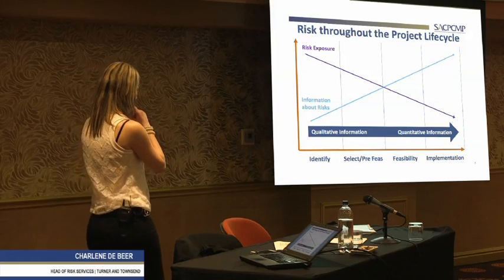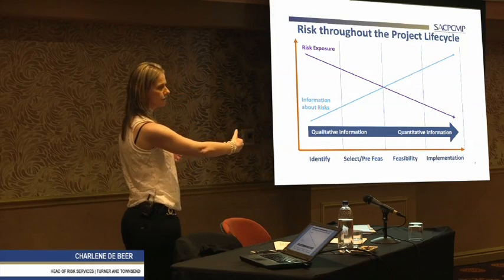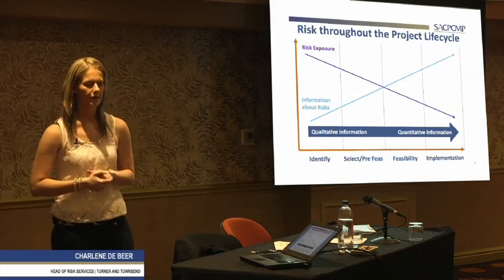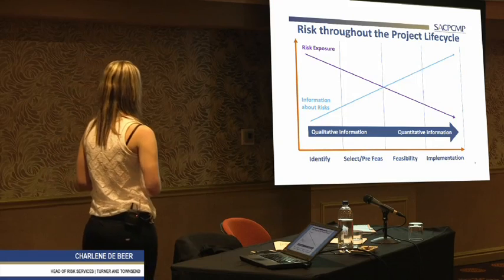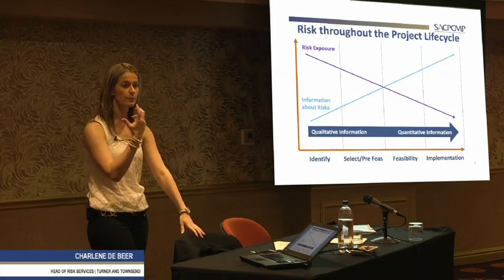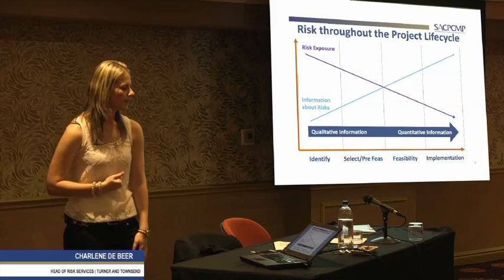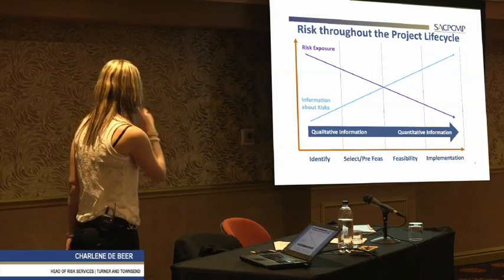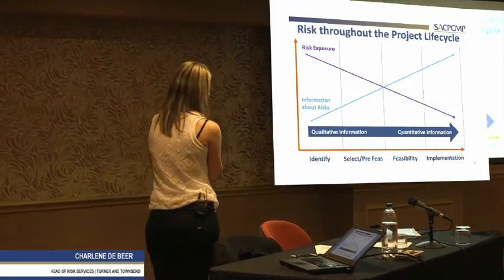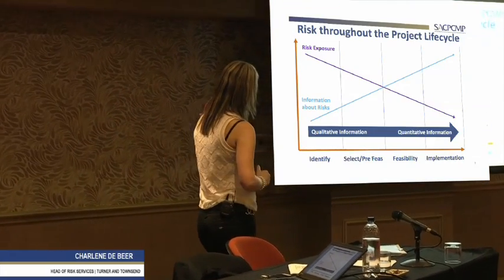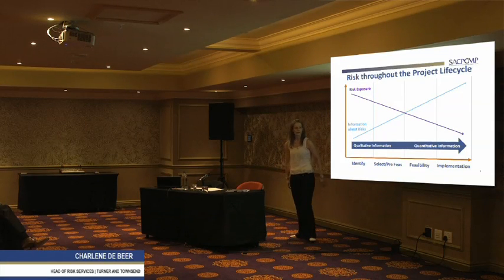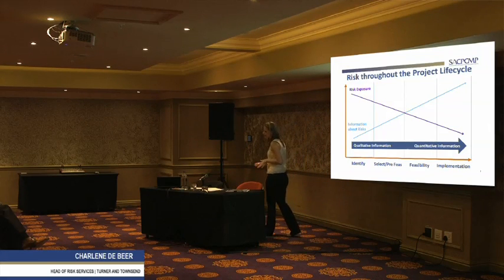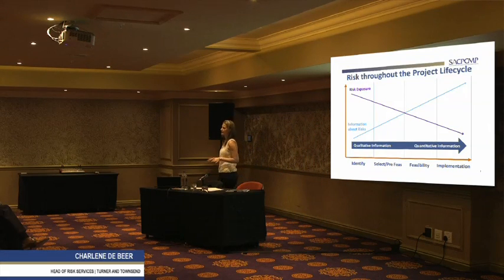Then they go over and there's a selection pre-feasibility phase they need to look at. That, of course, rolls over into doing a feasibility on the strategy, and once they've decided which way they want to go, then, of course, the final one of actually implementing that. So basically, we will do qualitative risk analysis, and it will kind of roll over into quants. So yes, we can do quantitative risk assessment at a pre-feasibility stage and at an estimating stage, but